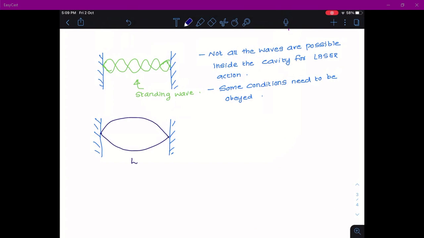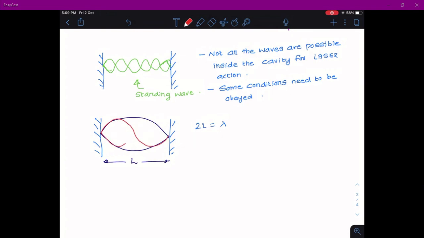So if the length is L, this first half cycle will have lambda by 2 length, and this will have the length lambda by 2. So once it traverses L plus L, which is 2L, the wave should have covered a distance of lambda. Next, let's take another situation where you have two half cycles,